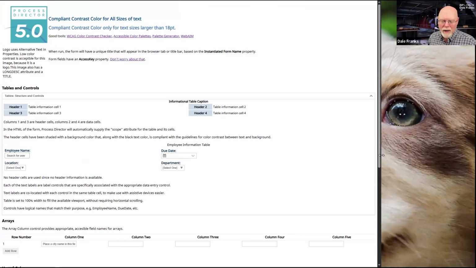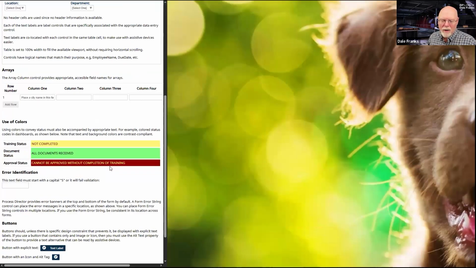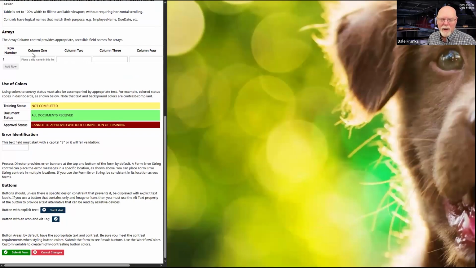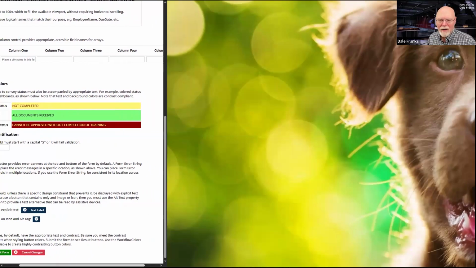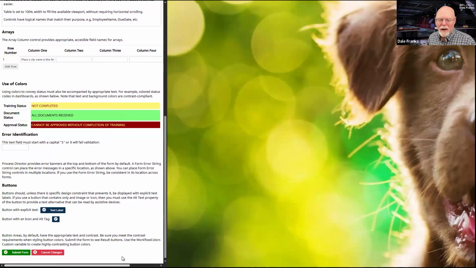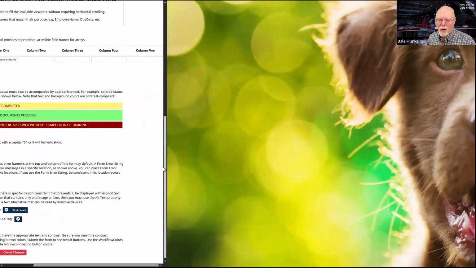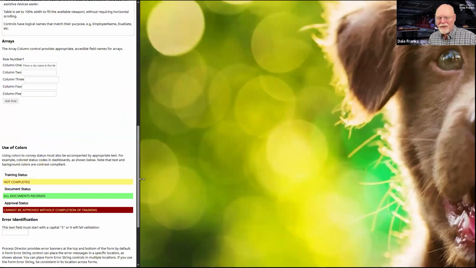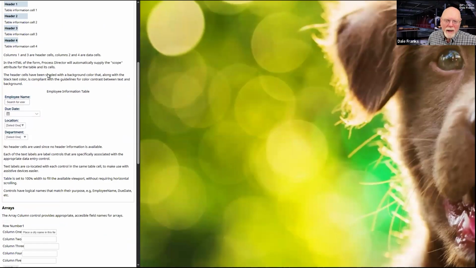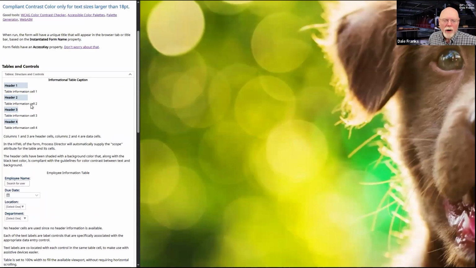And, ultimately in Process Director, here we go. I've got a problem here. I've got this array and it now is making me horizontally scroll. I think that will stop here in a second. If I go just a little smaller, what's going to happen is my tables are all going to break into single column tables.